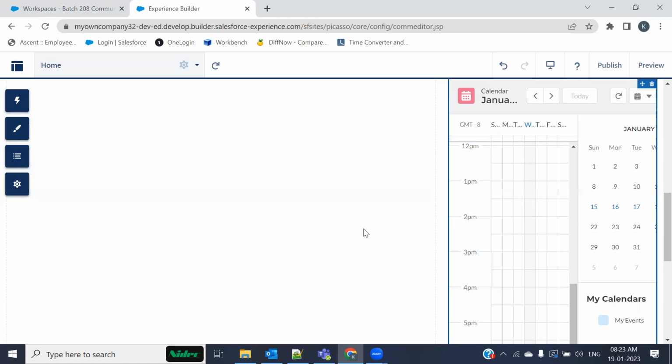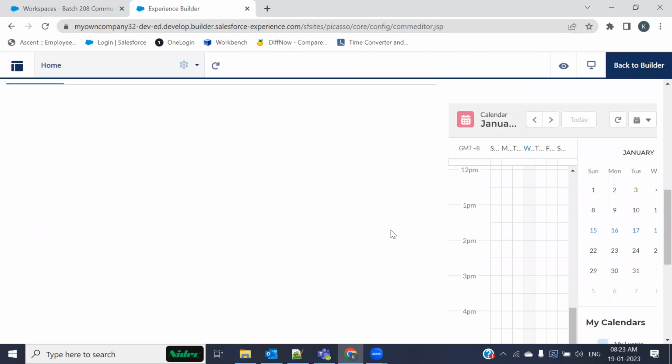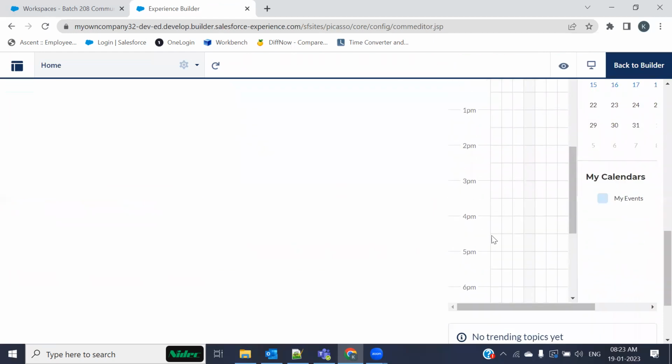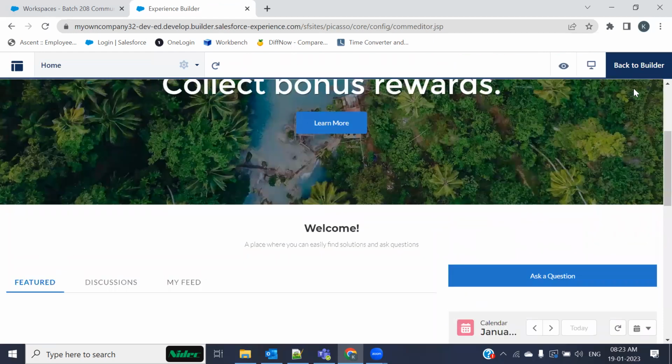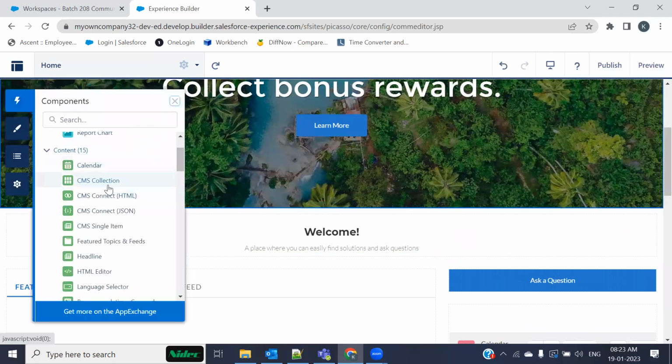In the Salesforce, we have something called a calendar, right? So I brought that calendar over here. I brought that, and you can add a few more features. Like you can add